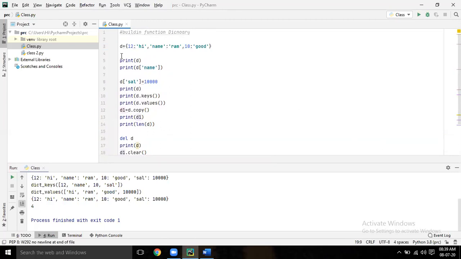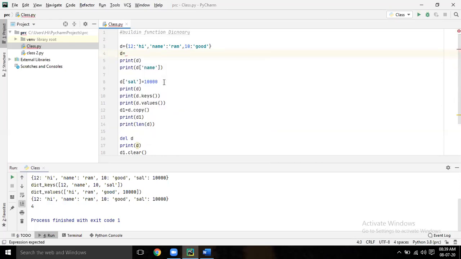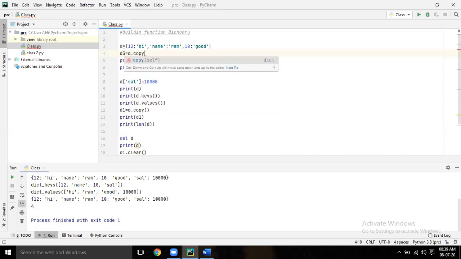Write D3 equal to D dot copy. We are creating one more copy.